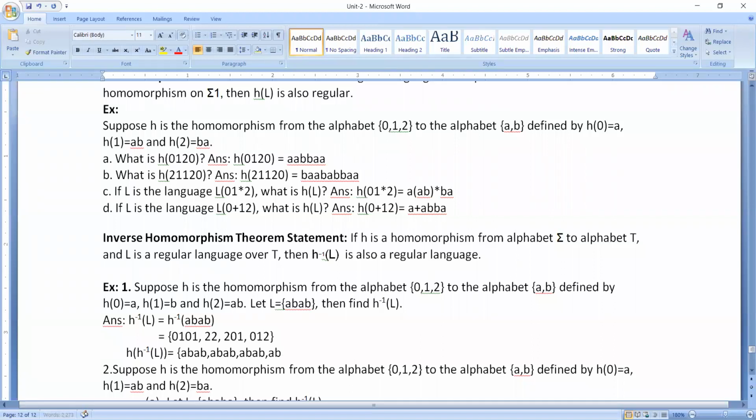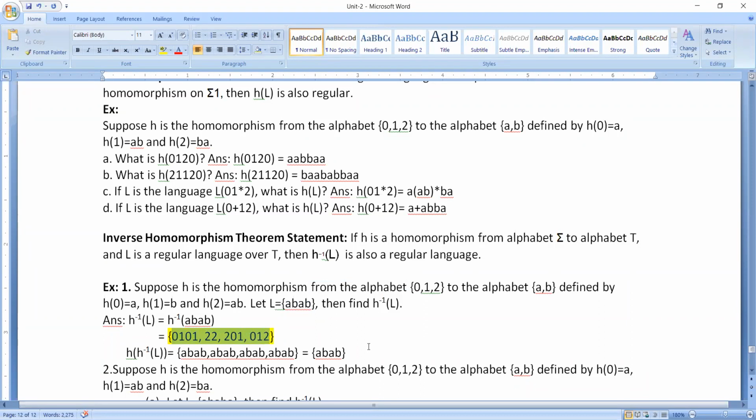012 is AB. Now if you look into this, this is going to be a set and the set will not consist of any duplicates. Now what is the answer we'll be getting? AB. So from this you can confirm that the set of strings which we have identified is going to be our inverse homomorphic. So if you take this language, the corresponding inverse homomorphic set will be this one.